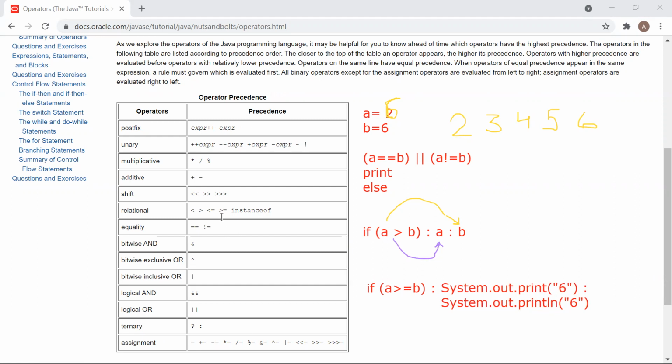And one more thing here, what do you mean by the shift operator? This is also an important one. Suppose I have binary data. Let's take X. X is holding binary data 1100. Now you want to shift X toward the left.